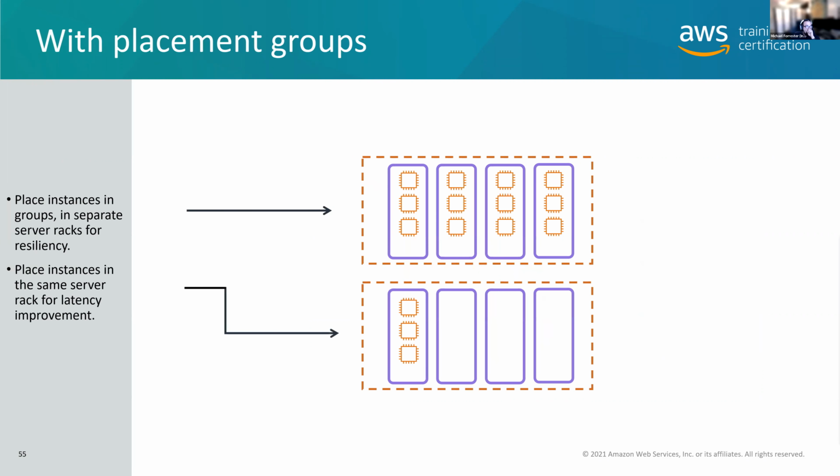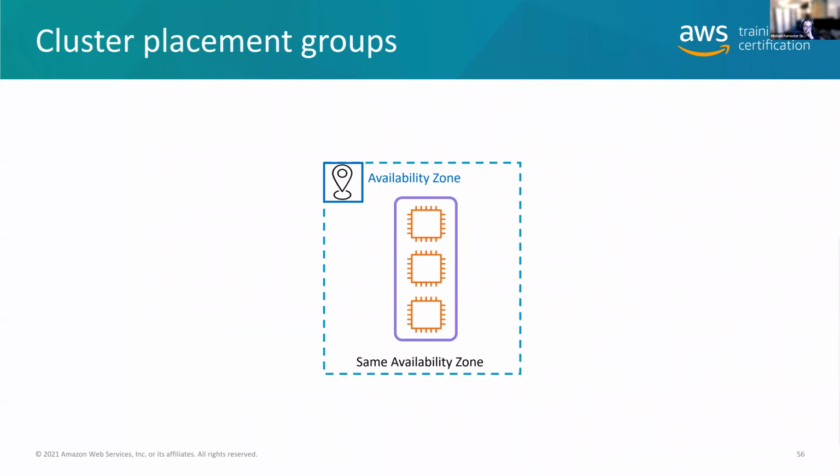Now, with the placement group, you can say, look, Amazon, I want you to place all of my instances on the same box. When you want it all in the same box, that's called a cluster placement group. This happens in a single availability zone. So the cost of this is you're going to get performance. You're going to get 10 gigabits per second, but you're going to lose high availability, right? So just know that when you do this, when you lose high availability, that's a cluster placement group that brings everything together on the same physical host.